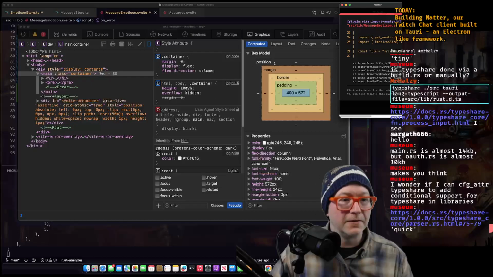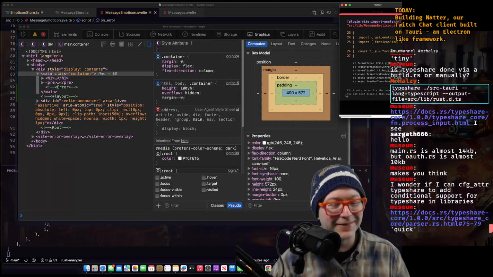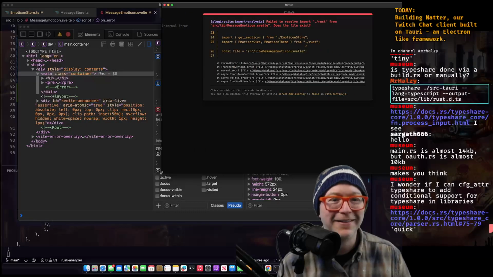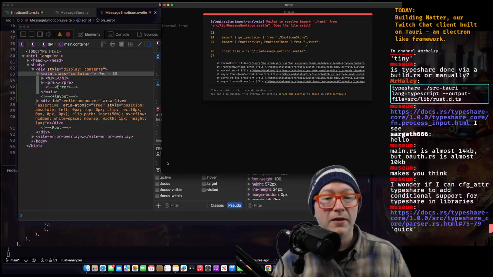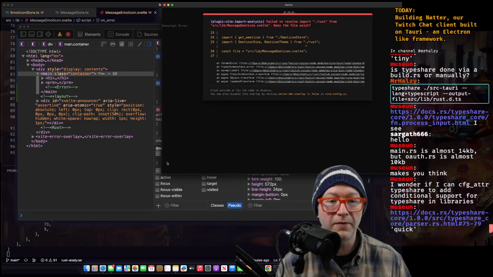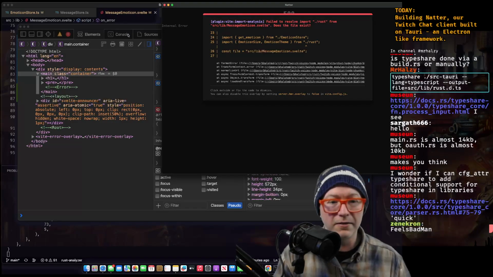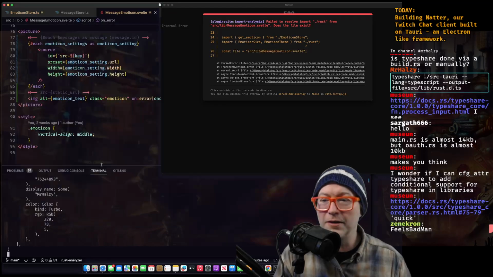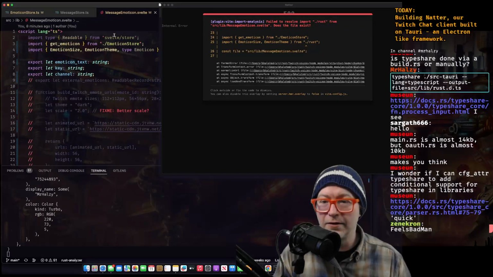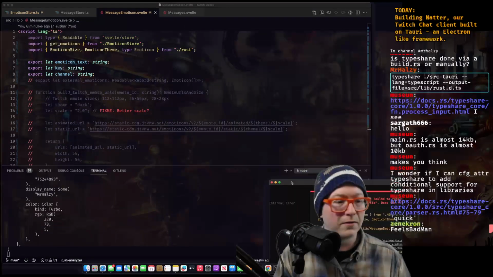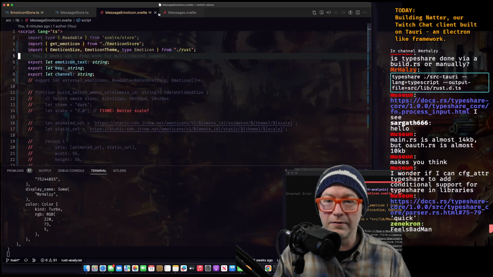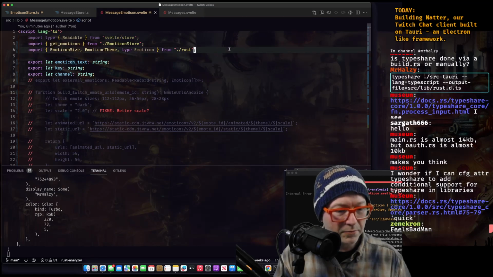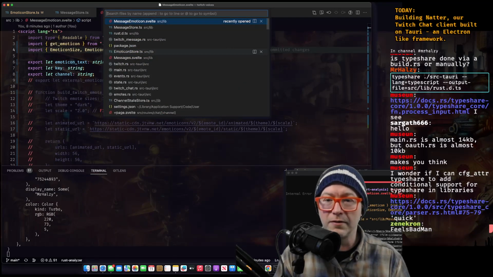Let's log in. Ah, there we go. Failed to resolve import Rust. Oh, shush you. There we go. Oh, it should be rust.d.ts. Why wasn't that an error? Or was that message emoticon? Oh, there it is.